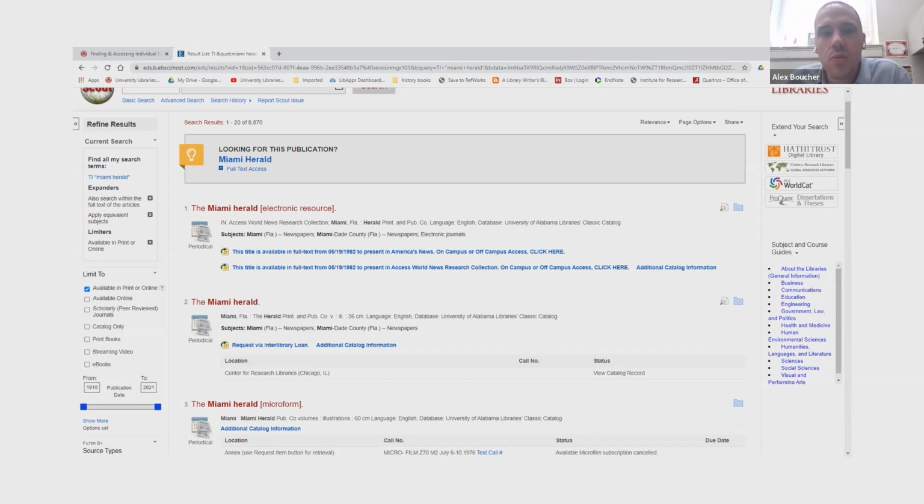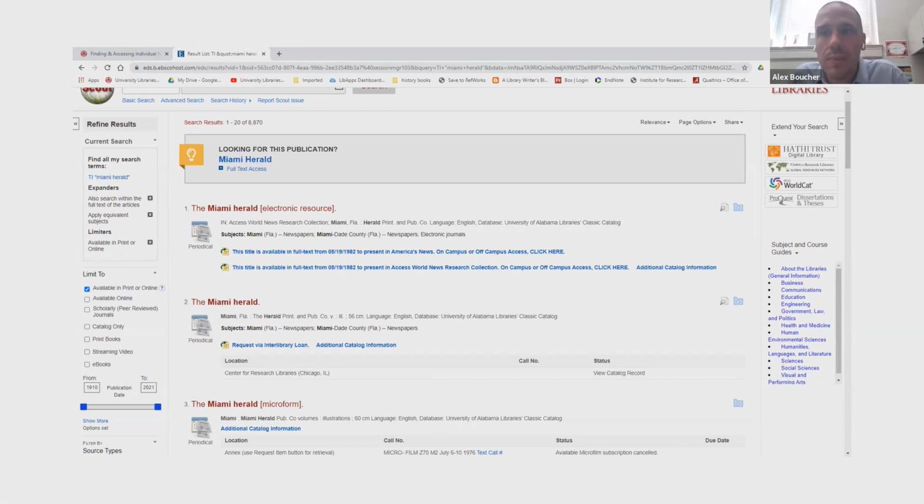The second link is for something called the Center for Research Libraries. The Center for Research Libraries is a big national consortium that we're a member of that can provide digital access in some cases, but a lot of times it can provide microfilm access. And because we are a member, we can get the microfilm for you for free and very quickly. And then you might see, like at the bottom, that we actually have some of the microfilm.